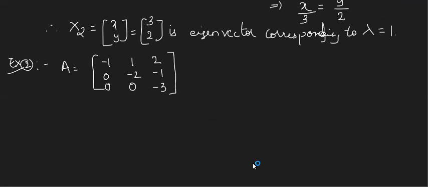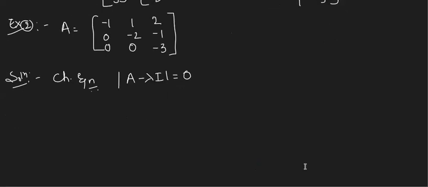Let us apply the procedure. First, what we have to find, eigenvector or eigenvalue? Eigenvalue. So for that, what is to be considered is characteristic equation. Tell me the characteristic equation. Determinant of A minus lambda I equal to 0. This has to be written. Can anybody tell me what are the elements of this determinant?